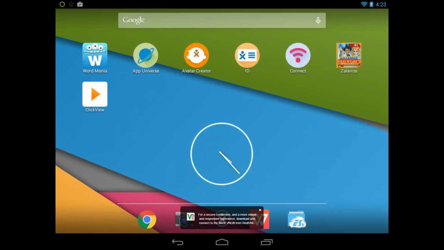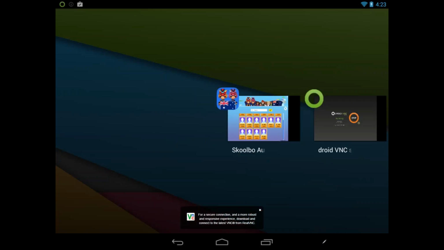So one thing you could check is using this button here. You can actually see all the other apps that are running at the moment. Skoolbo is designed to run quite well with the XR. So a good possibility is that because of all the graphics and rendering, it may need a bit more memory than normal. So have a look at the other apps that are on, and you can just swipe them up or down to get rid of them. So you can free up a bit more of the memory. Hopefully that fixes it.